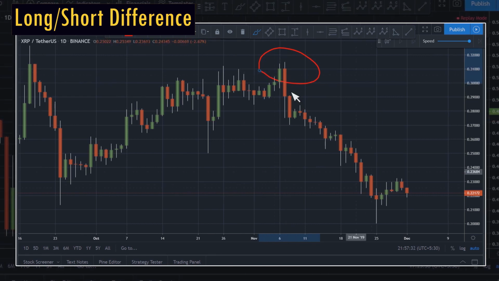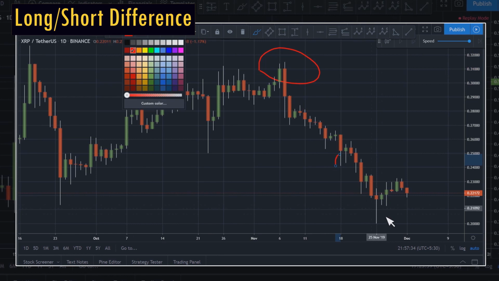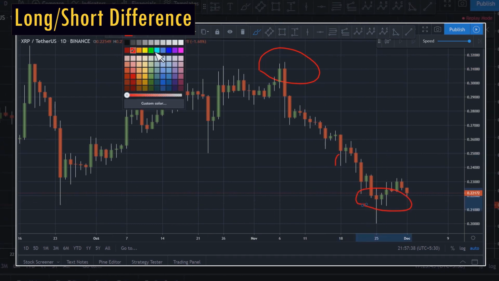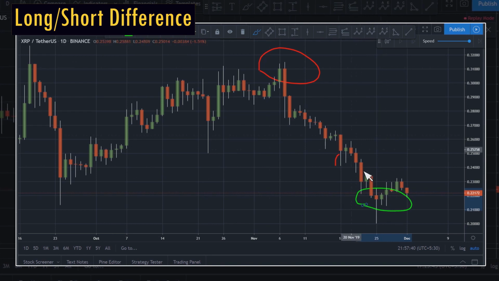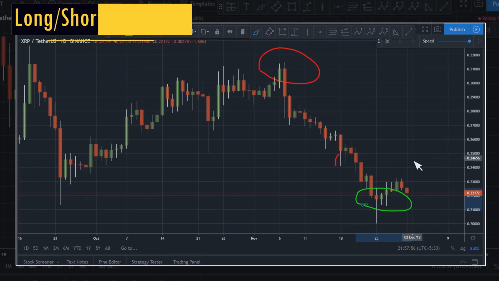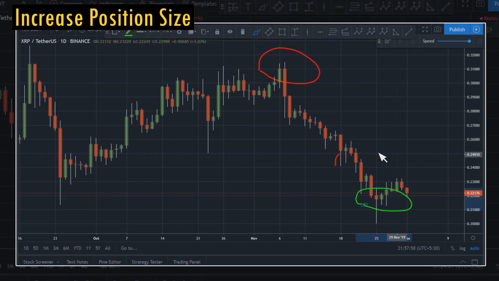Then later, if the price falls down, I would buy it here at a cheaper price, and then I would return the coins that I borrowed earlier. The thing with margin trading is, even though you can borrow funds, you have to pay an interest rate. So you would return the coins that you borrowed over here. You're still making a profit because you sold at a higher price and bought back at a cheaper price. So that's the quick difference between a long trade and a short trade.